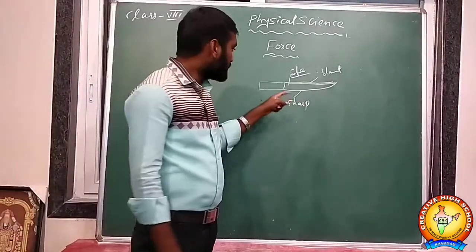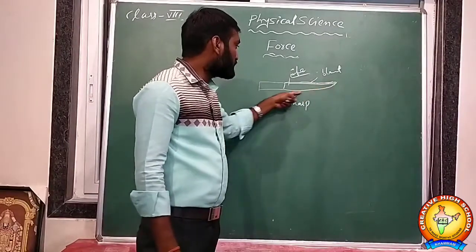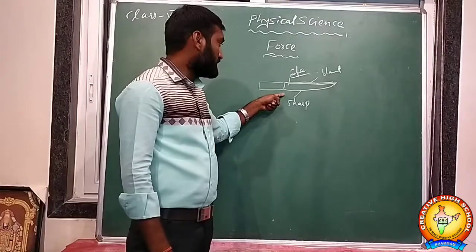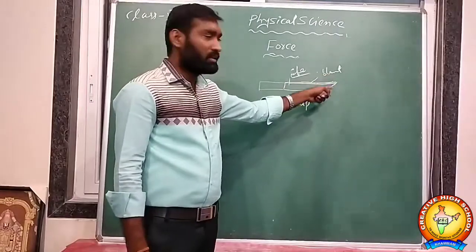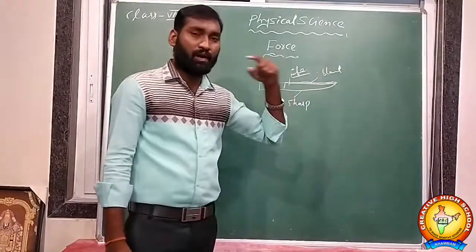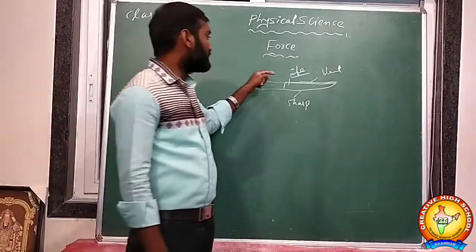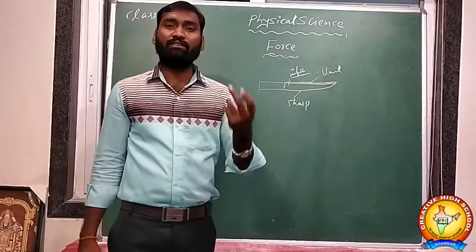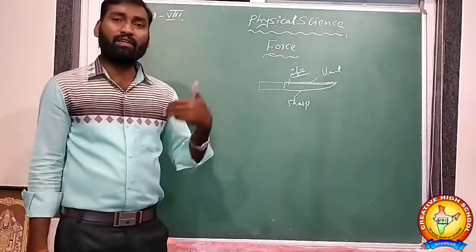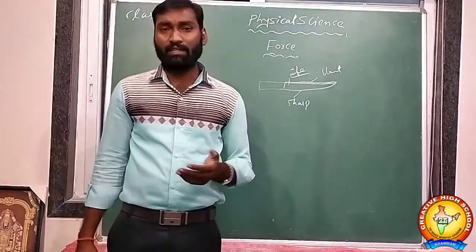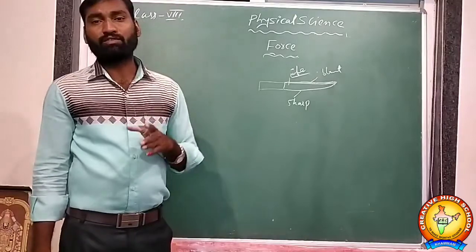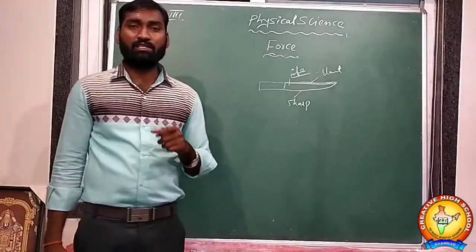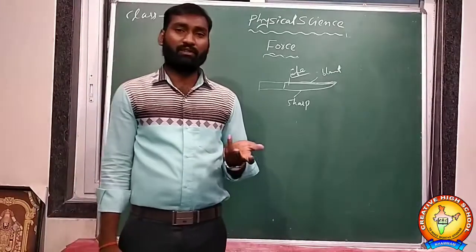Because the area here is very sharp, which means less cross-section area. When we apply force, it easily cuts the vegetables. On the blunt side the area will be more compared to the downward side, so we would need to apply more pressure. That's why we should not cut the vegetable with the blunt side. When you apply the same force, you should use only the sharp side to cut the vegetables, because with less cross-section area we apply more pressure to cut the vegetables.